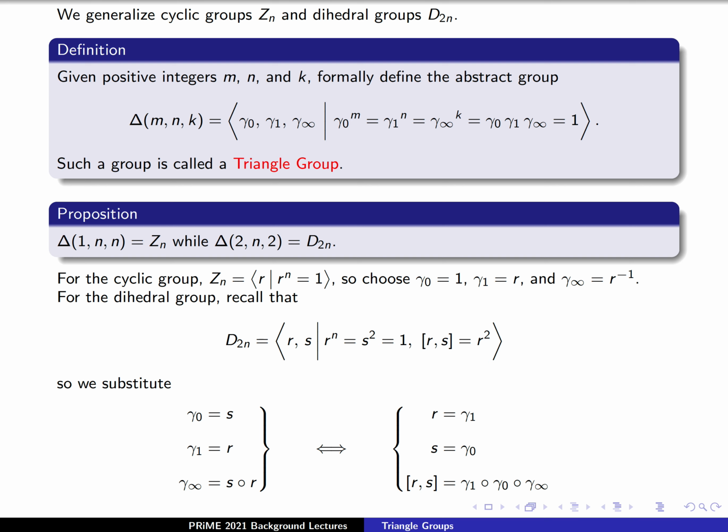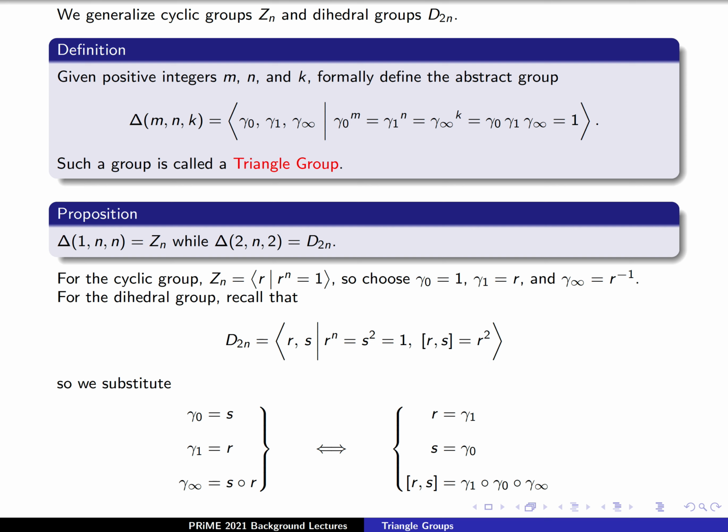In this case, it's easy to see, when m and k are both equal to 2, that gamma 0 to the m, gamma 1 to the n, gamma infinity to the k, and gamma 0, gamma 1, gamma infinity are all equal to the identity. Notice that